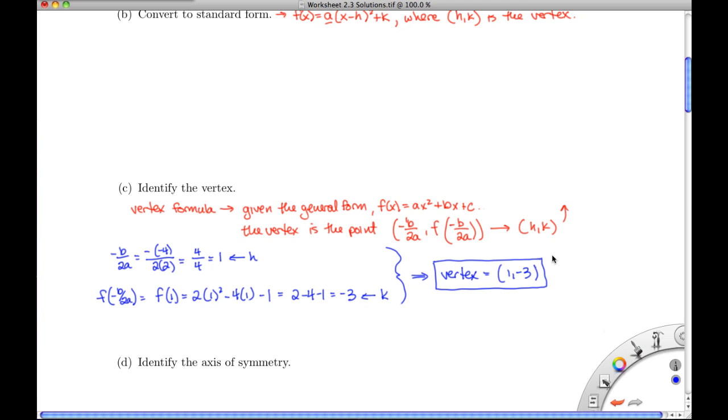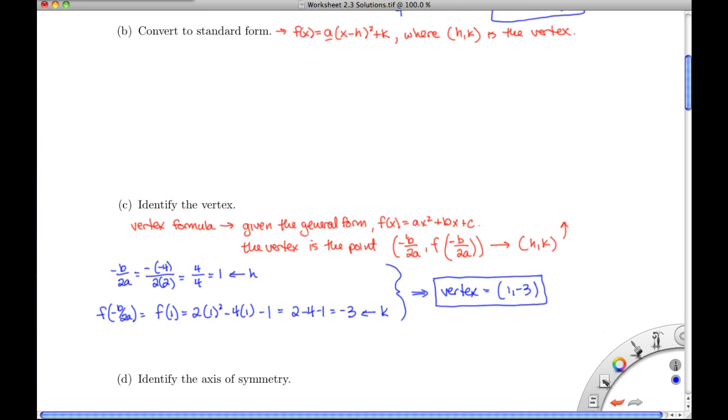Calculator also, as we'll talk about later, has the ability to use that, but oftentimes you're going to be asked to do this by hand, so we'll want to know how to do this. Vertex formula is a nice, easy way to do it. Okay, so now that we've got the vertex, let's go back up to part B here and consider that since